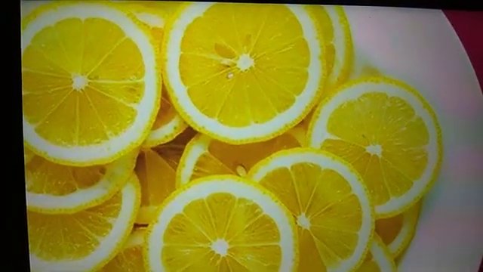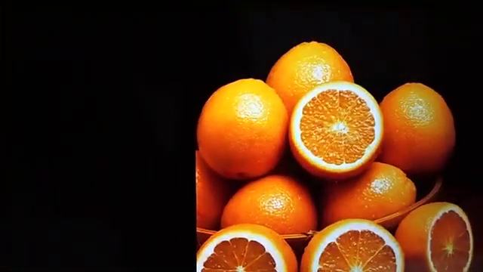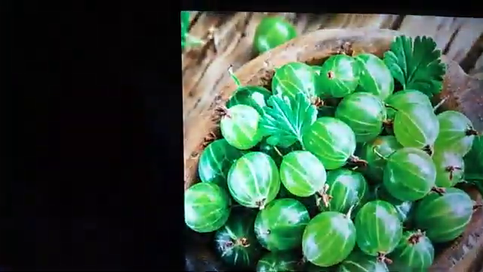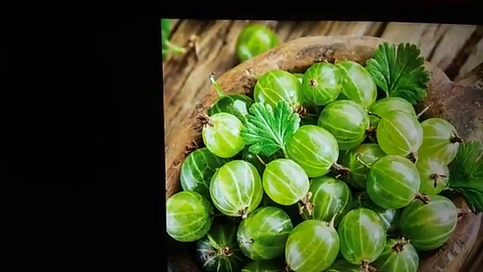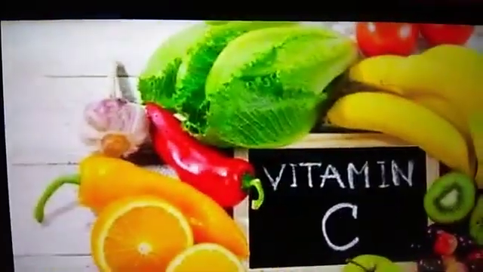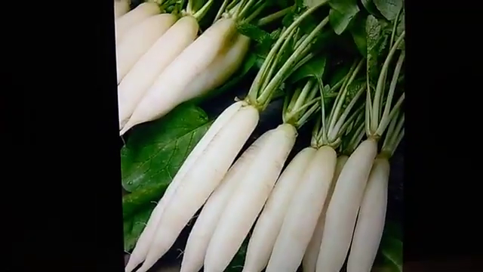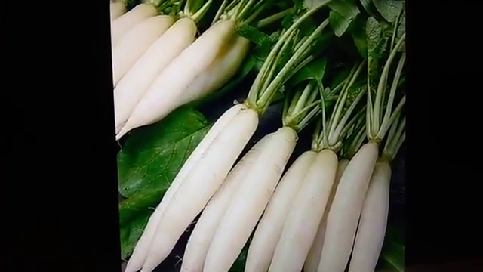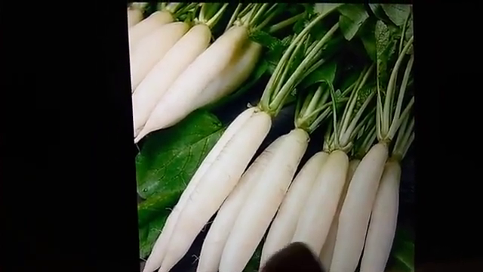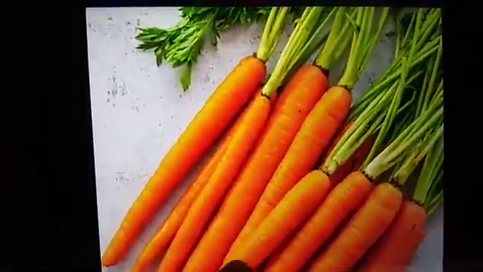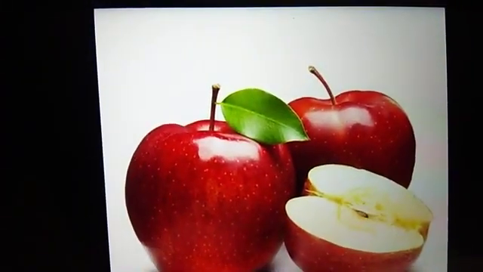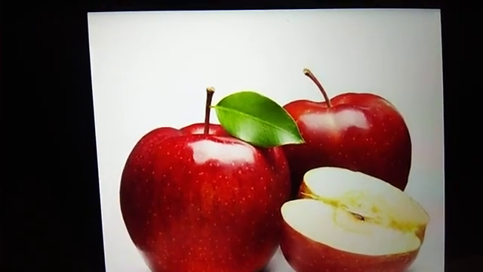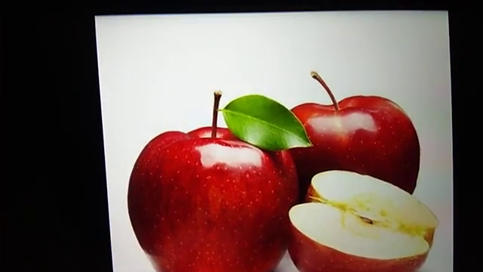Number 2, eat lemon, orange, gooseberry, etc., which are rich sources of vitamin C. Number 3, eat raw fruits and vegetables like radish, carrot, apple, etc. These help in making your teeth and gums strong.